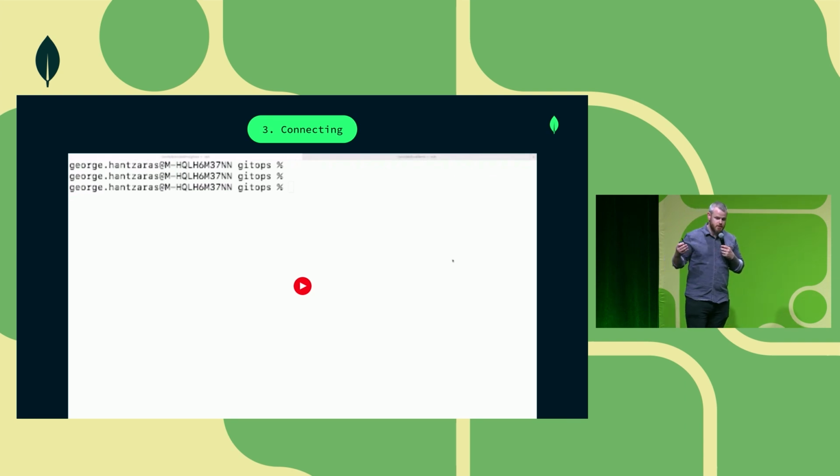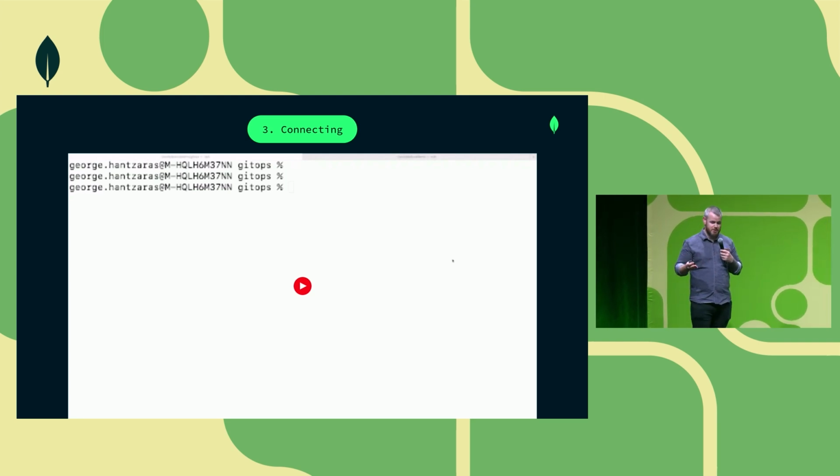So as this was the end of this demo, and there's more to come, you may have expected some fireworks, but the good news is that when you're managing infrastructure like this, not having fireworks is actually a really good thing. So that's it for our look at Kubernetes in the Atlas operator.